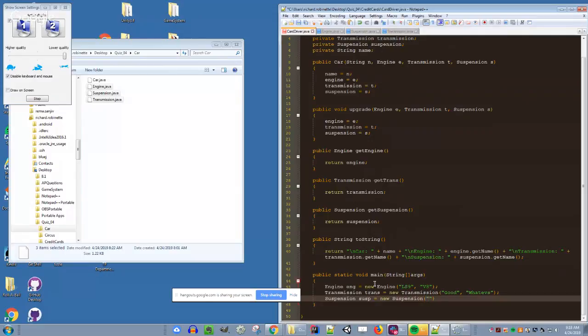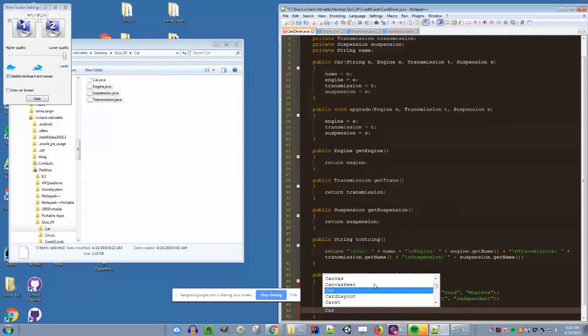I'm going to call it sport, and the type would be, let's say, independent. Okay. Then I could create a Corvette object. And I can say engine